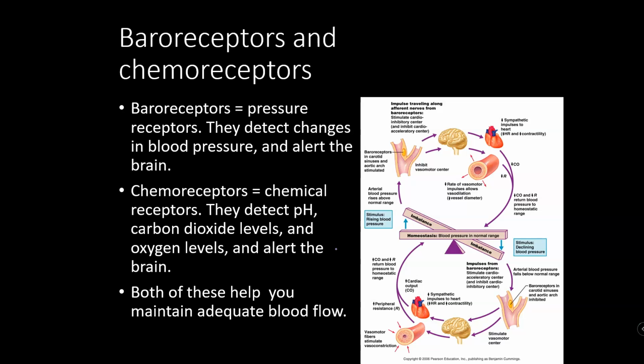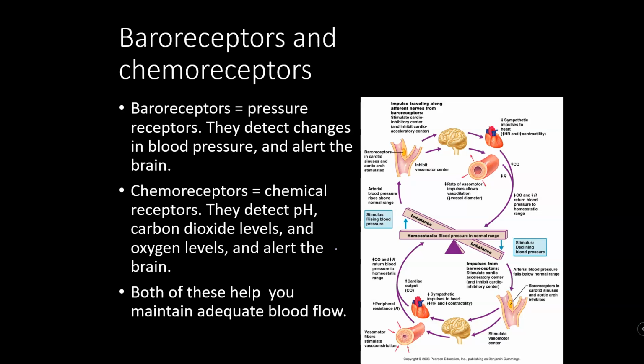Now, in addition to trying to keep tabs on your blood pressure, we also have to make sure we're delivering everything we're supposed to be delivering. So we have various chemoreceptors all over the body. And you have chemoreceptors, like I said on the slide. Some of them detect pH. pH is critically important. If you play around with your body's pH, horrible things start to happen real fast. Not just in your bloodstream, but in various body tissues, we have to regulate pH. You have places where you regulate your carbon dioxide levels, and that's because carbon dioxide will play with your pH real fast.